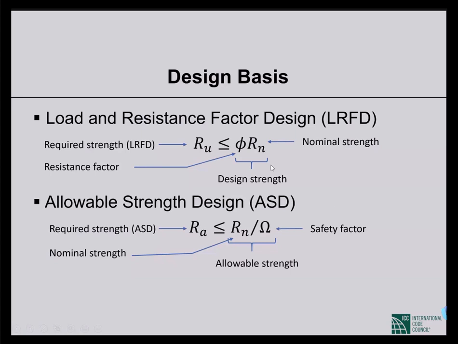But previously in the working stress design method, the capacity that was calculated was a working stress capacity. That is not the ultimate level nominal strength. So the very derivation of the capacity was very much different in the earlier case. So this is the design basis. We can follow either LRFD or ASD. So in terms of the steps of calculations, these are quite similar.